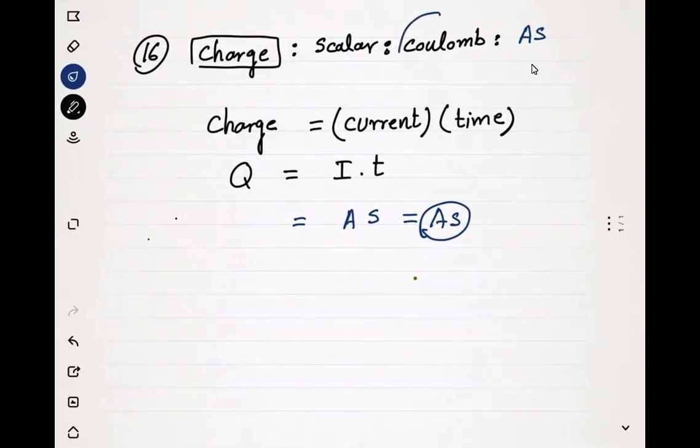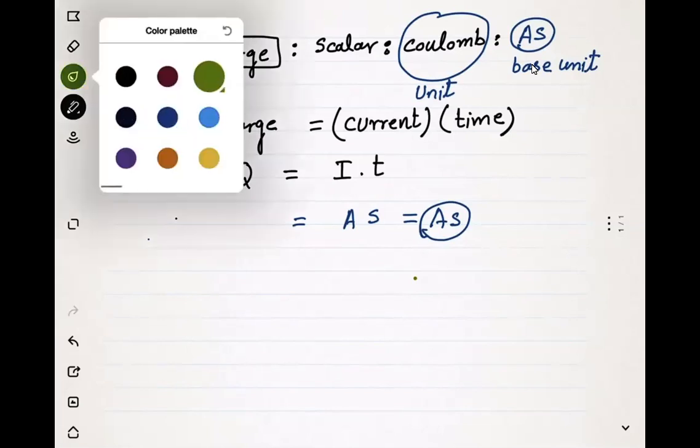Now this is charge. Charge is a scalar. Coulomb is the unit of charge, and ampere second is the base unit. So this is all about the charge. Then after charge, number 17,